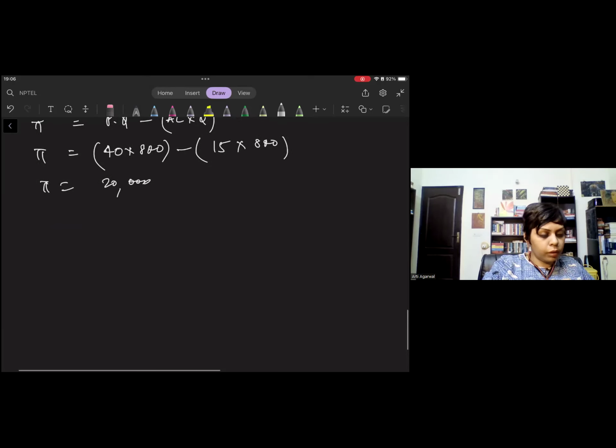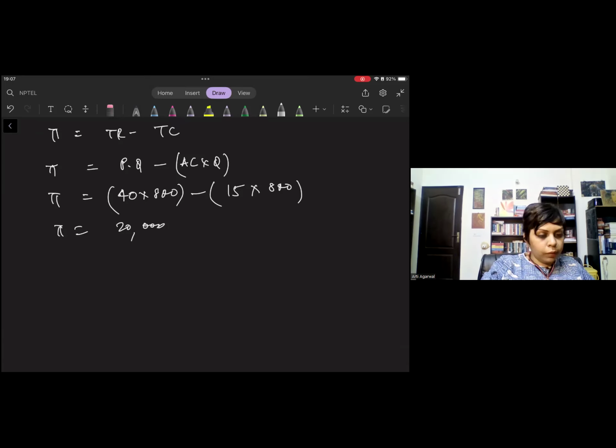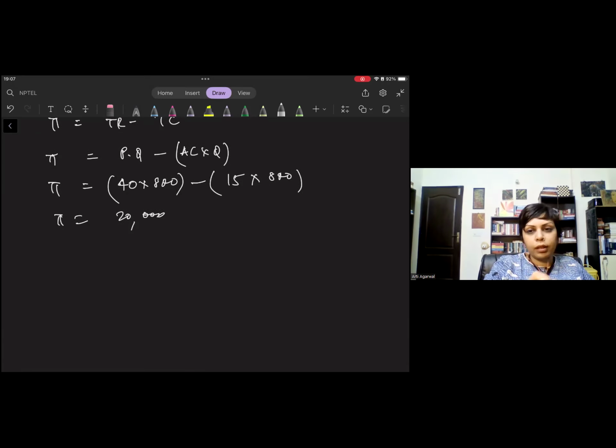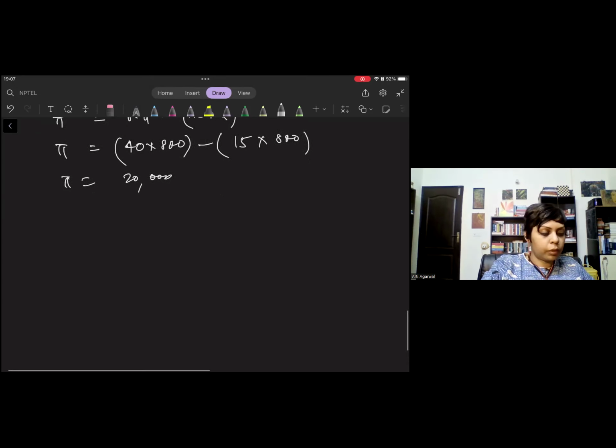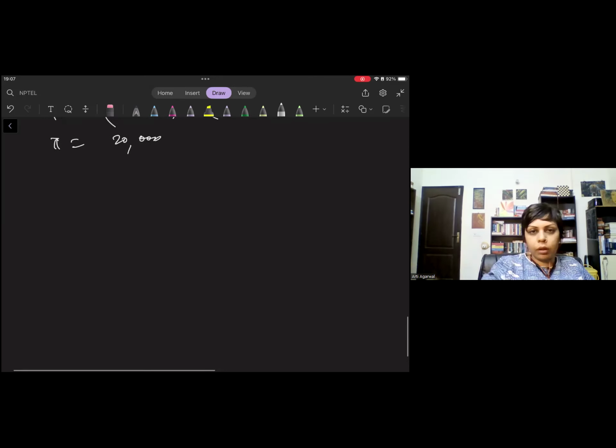If you're not asking about the general case, you're asking in the case of monopoly, I will have to solve it, because what you're saying is just a very general thing. It's better to take some numbers and then try and solve it. So let me solve it that way. First, let me address what this other guy was asking, which is the derivation. And from here only, I think your question can probably be answered.